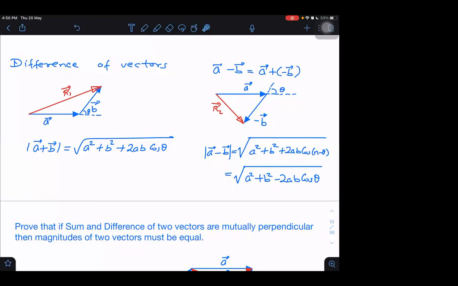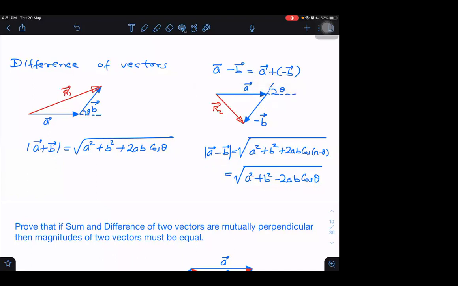What will be the formula for that resultant? I can get the result this way. Here it is square root of a square plus b square plus 2ab cos theta, while it is sum. And while it is difference, it becomes a square plus b square plus 2ab cos of pi minus theta. Cos of pi minus theta becomes what? Minus cos theta. So you are understanding why a minus b will be a square plus b square minus 2ab cos theta? Have you understood this or not? Yes, sir. Understood.